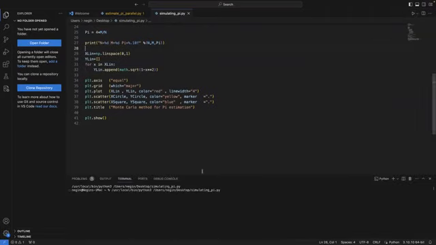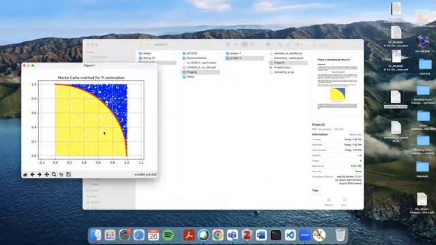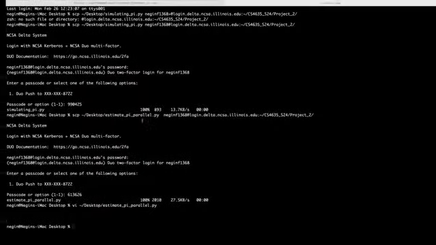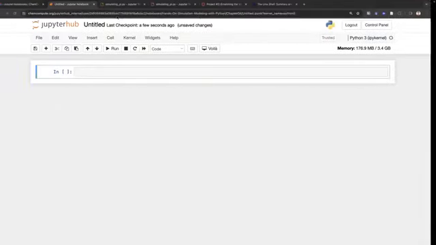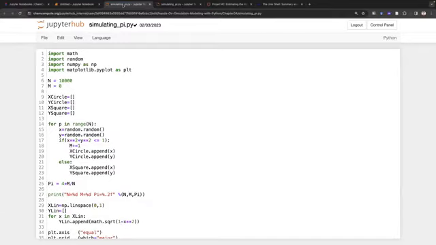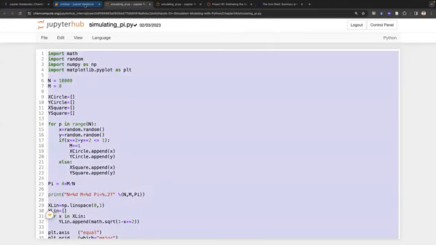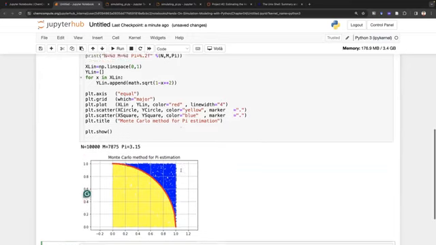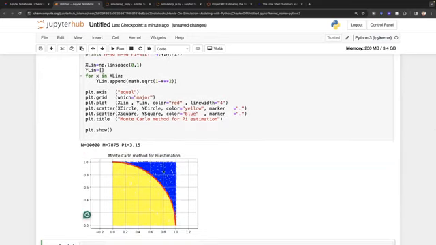It should be running smoothly, and it should generate for you a plot like this. If you don't have it on your computer, you don't have VS Code, or you're facing some problems on ChemCompute also, you can, sorry for switching between different windows, you can just simply copy this block of code and run it. So this time we are using their resources to run the code, and it generates for you a